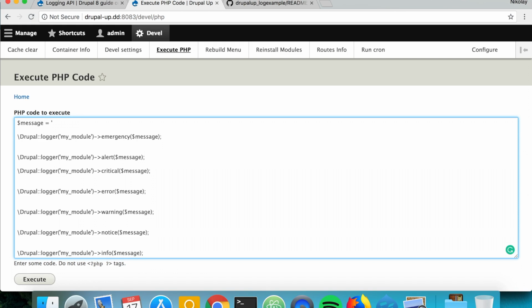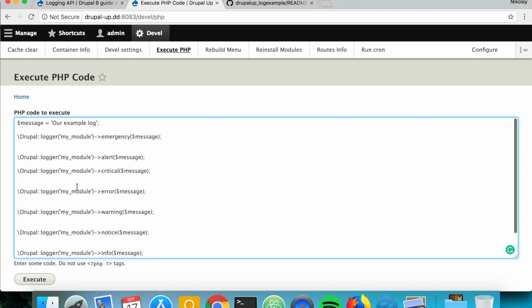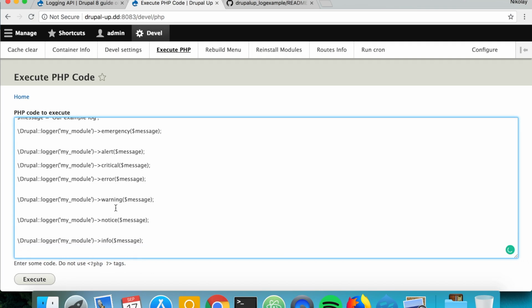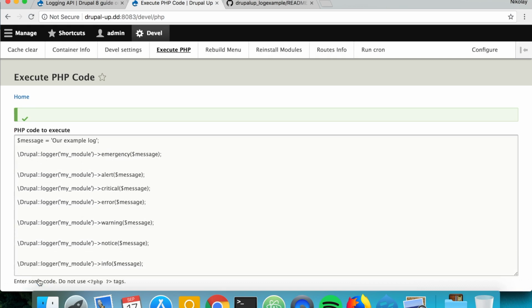So let's see, our example log. Perfect. And we may directly execute this bit, and then we're going to check what we have under